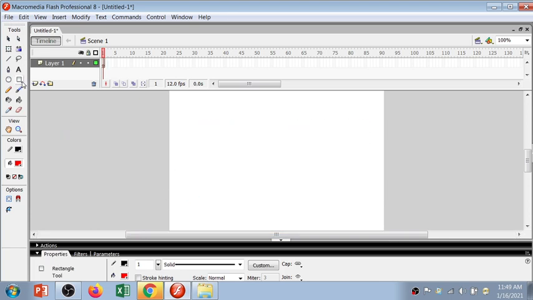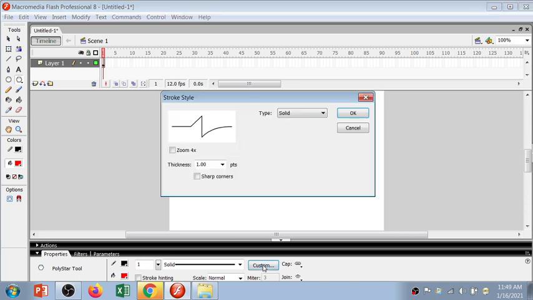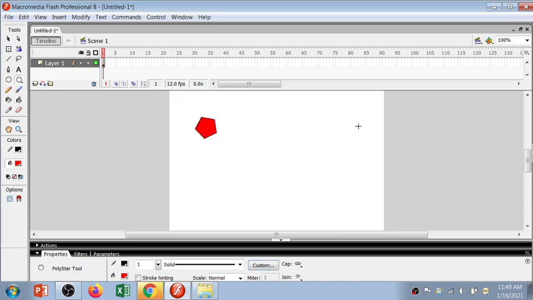In the rectangle shape tool we have a small drop down button. If you click on that button you will get the rectangle tool and polystar tool. See, if I select the polystar tool, you can draw the polygon shape in any direction, right? And from the custom option, sorry, not from the custom option,